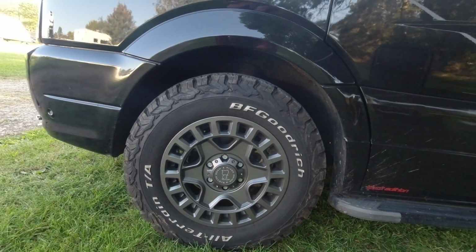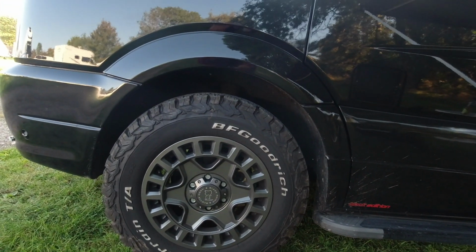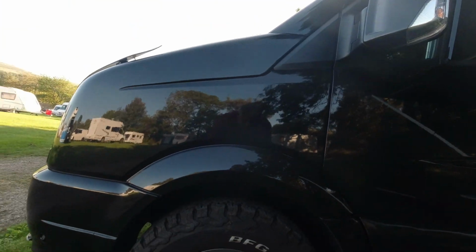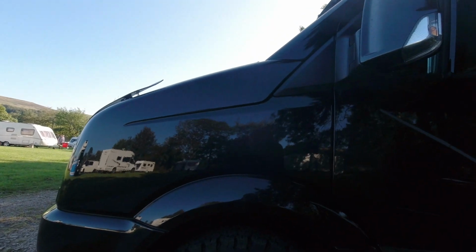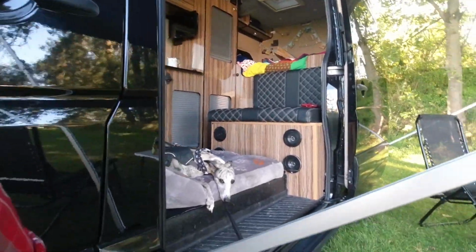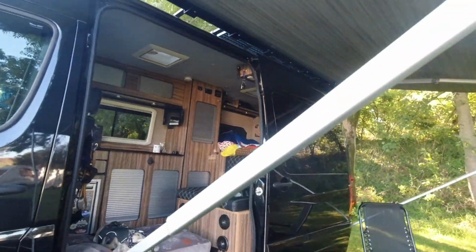And then we fitted the wheels. So these are Black Rhino York gunmetal grey wheels and Goodridge tyres. And they actually ran out of these in America, and we got the last 4 of them, so I'm waiting for them to start making some more, and I'm going to get another one and have it on the roof as a spare wheel. Got running boards down the side because it is quite high. The lights have been changed in here, and they're actually purple at night, which looks quite...